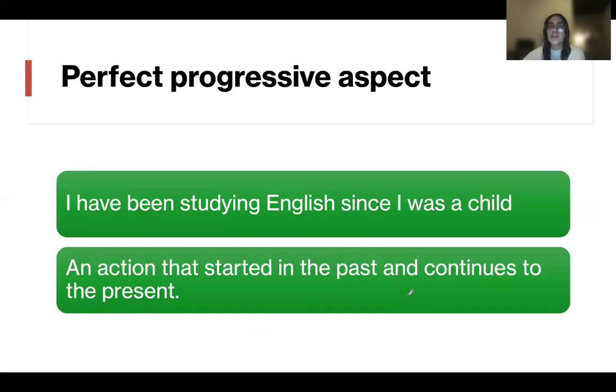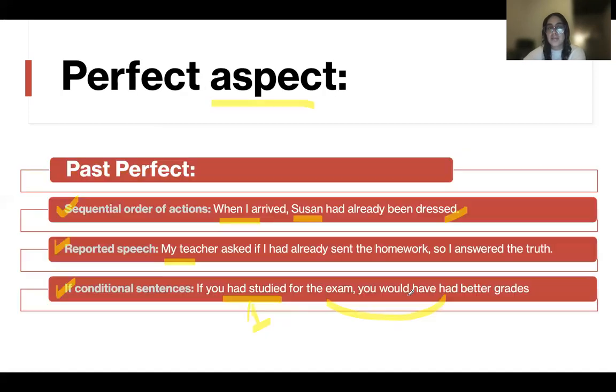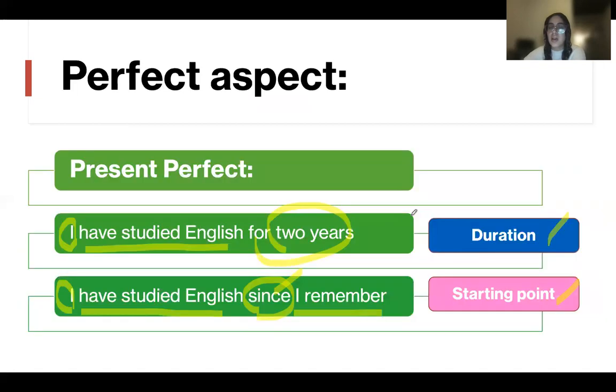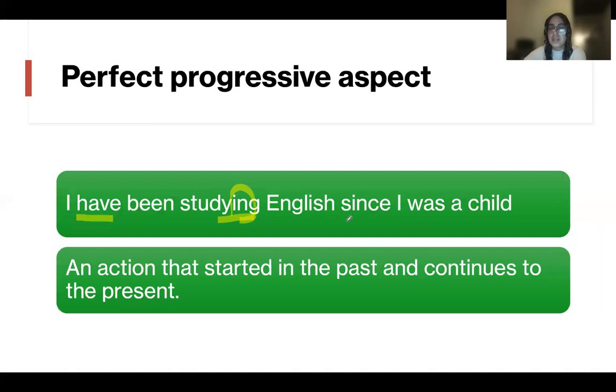And finally, when we're talking about perfect progressive aspect, it's very similar to the perfect aspect, but in this case, we are saying that it also uses the auxiliary and the gerund form of the verb. The auxiliary have or has, depending on the subject, and of course, we have to add ing to the verb. For example, I have been studying English since I was a child, and we have the same information that we have here. Starting point, since I was a child, this person has been doing this determined